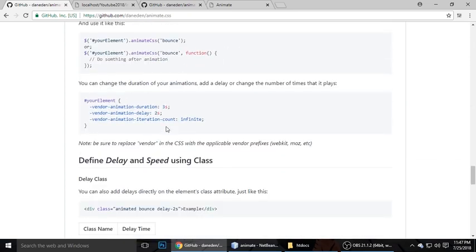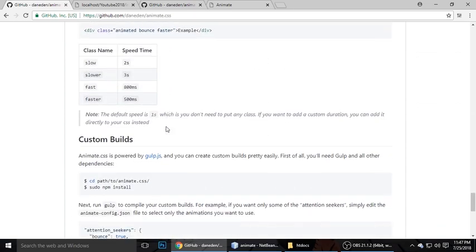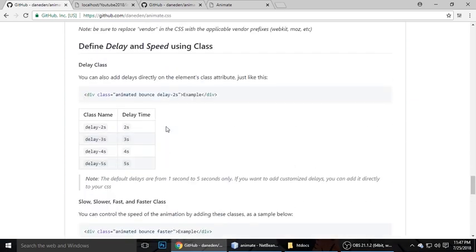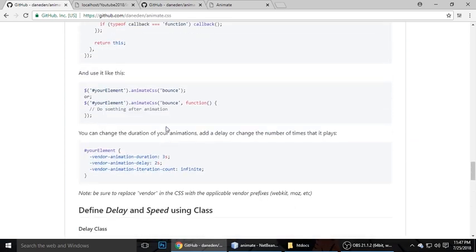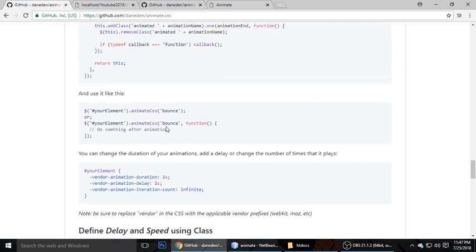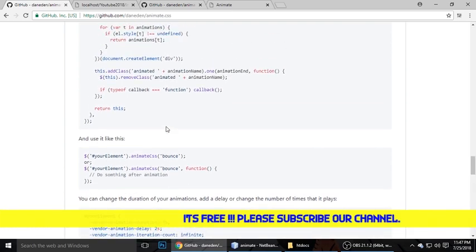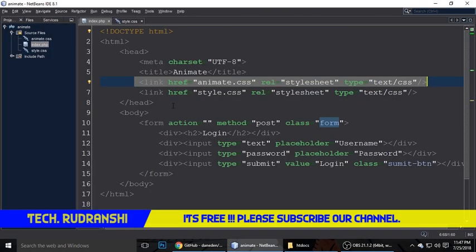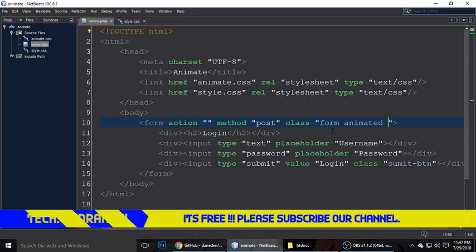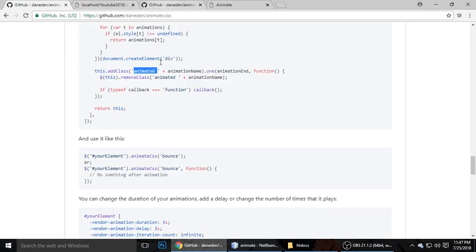These classes we will put on our animation. I mean we need to put animation on our HTML form, and you can put it anywhere in your HTML content. So let's copy this animated class, and we need to give this class to the HTML element